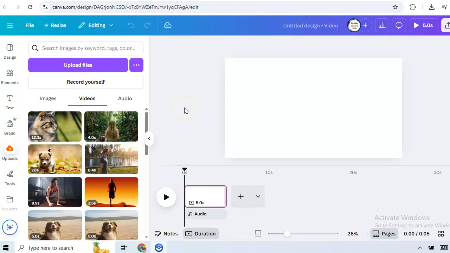Hi guys, in this video I will show you how to add transition in Canva video, what you need to